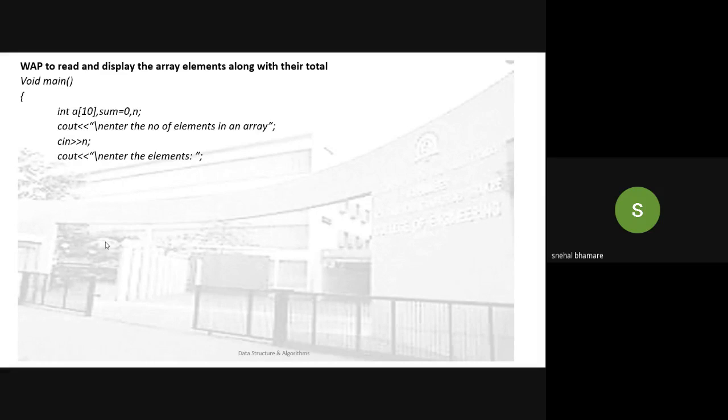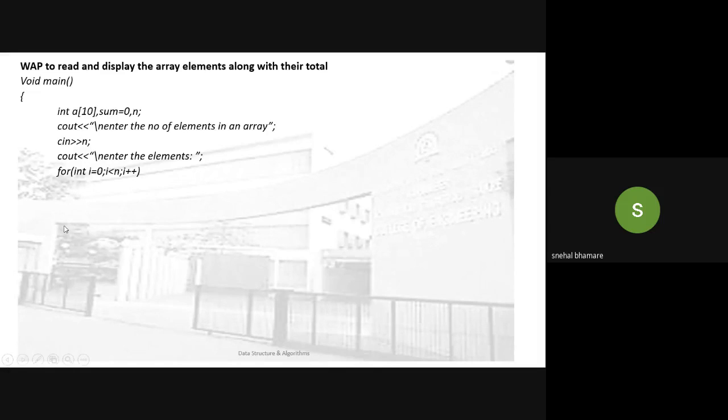Okay, now we have to read these elements. Say if it was a single element, then I would have written only a single cin statement to read the value of that element. But since here we have to read multiple values in the array, a for loop will be taken for reading those values, right? Now how many elements are there in the array? Total n elements are there, whose index range will be from 0 to n, right?